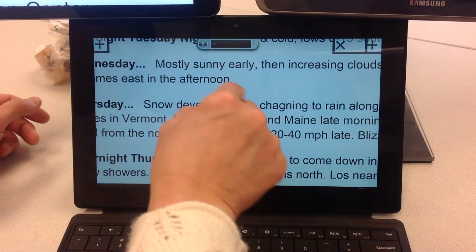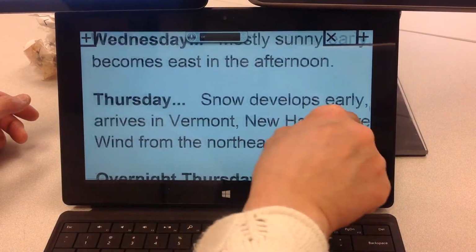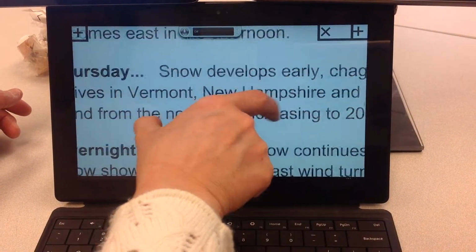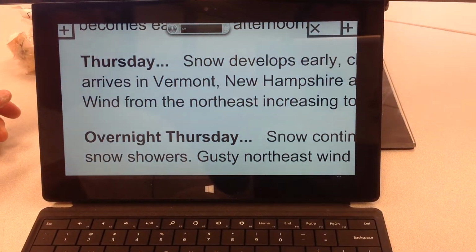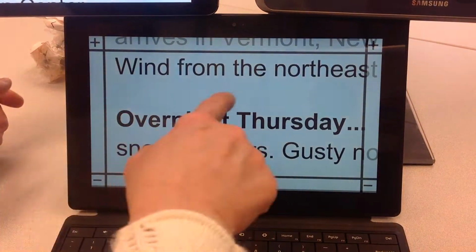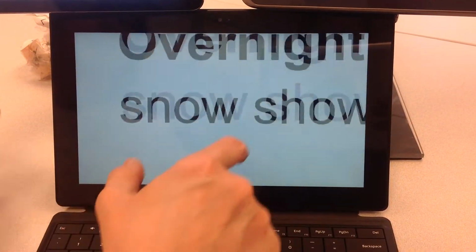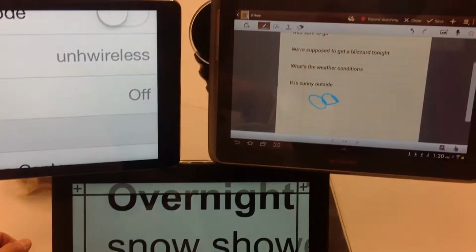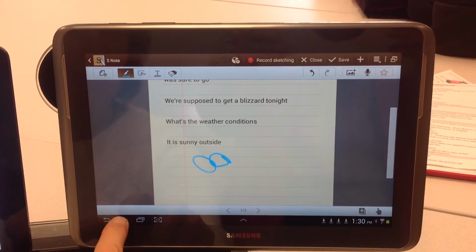Okay. And now, even though I have this, I don't have any of my bars, so I can use my fingers and move it around, which is kind of a nice feature. But as you can see, I only can get that large without hitting the plus button to make it bigger. So that's magnify. Now if we go to the Galaxy, in terms of magnification, we're going to go over to